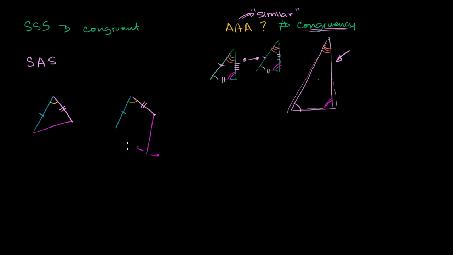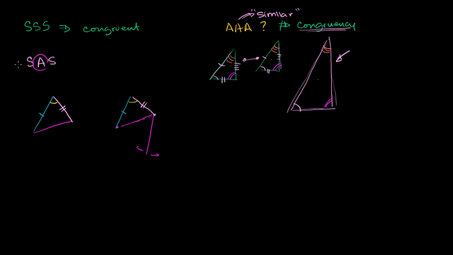But we can see the only way we can form a triangle is if we bring this side all the way over here and close this right over there. And so we can see, just logically, that for two triangles, if they have one side that has the same length, the next side has the same length, and the angle in between them